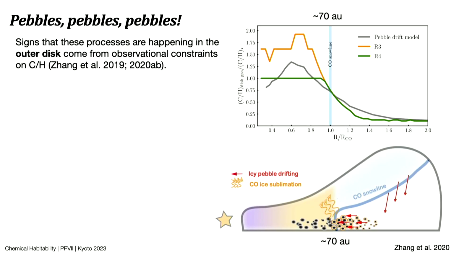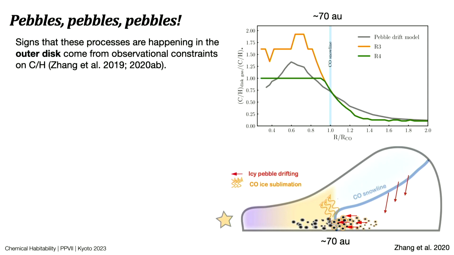Do we actually see any of that in observations? It's an interesting question. Maybe, right? So this is for HD 163296. This is a radial profile based on ALMA and NOEMA CO and CO isotopologue observations. And you see this depletion in the outer disk, so this is outside the CO snow line, and an enhancement potentially inside the CO ice line, so inside 70